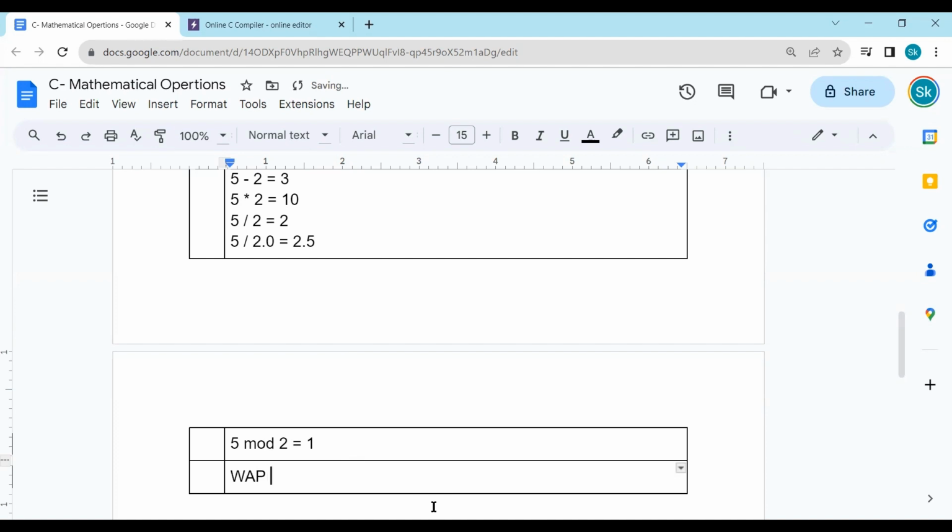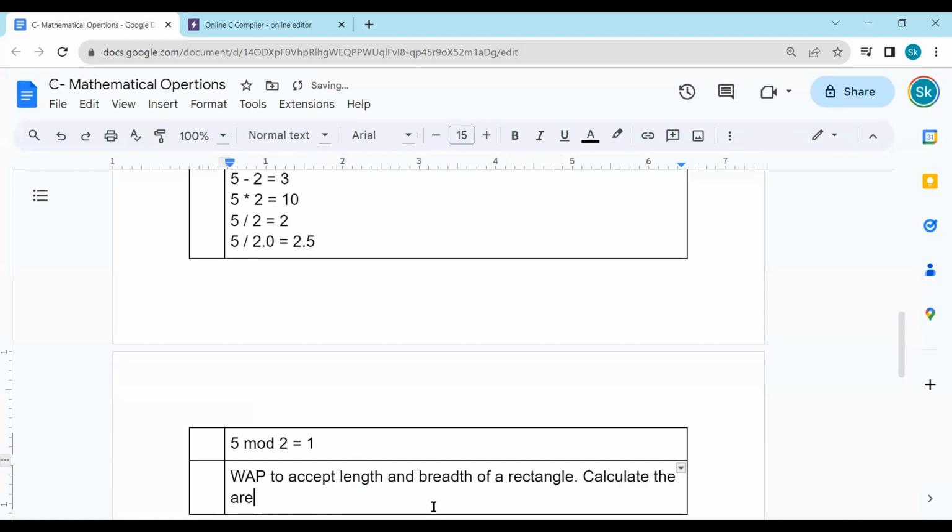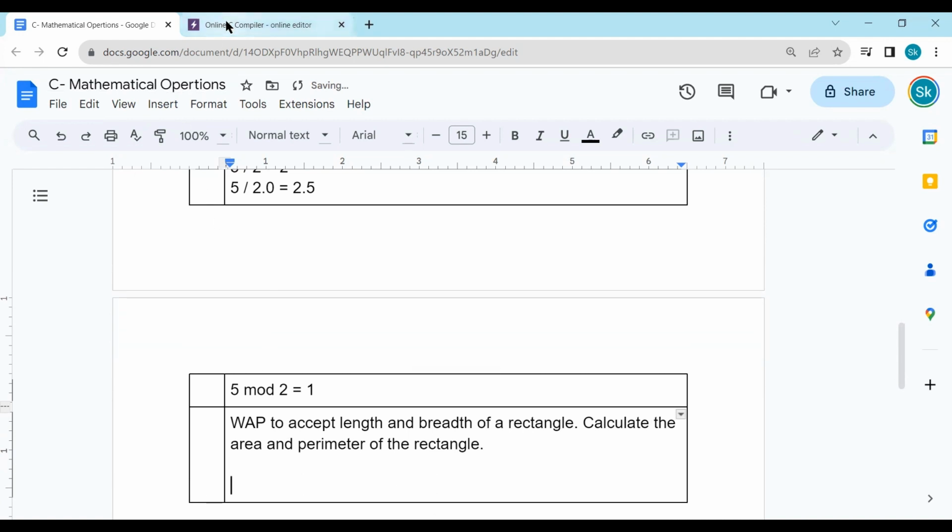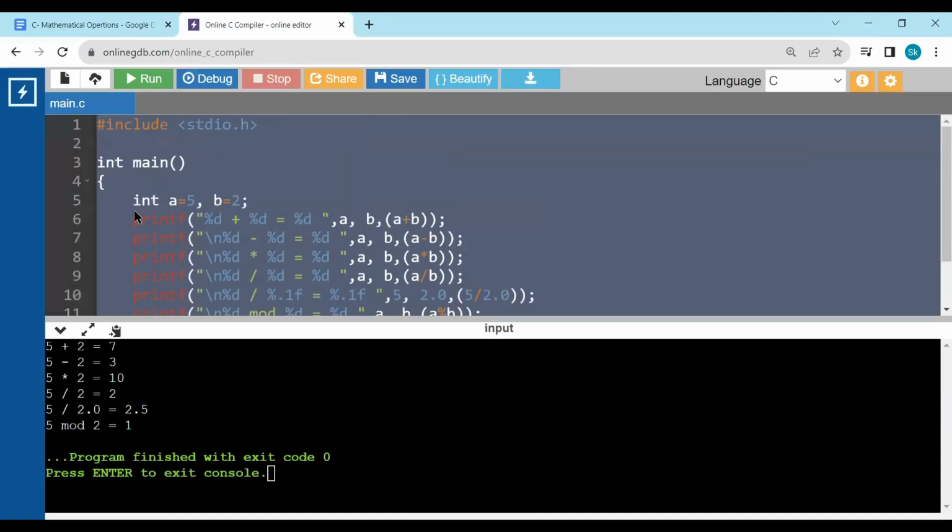Write a program to accept length and breadth of a rectangle and calculate the area and perimeter of the rectangle. So this is the one which we want to do. So here these mathematical operators will help us. So what we need to do is that